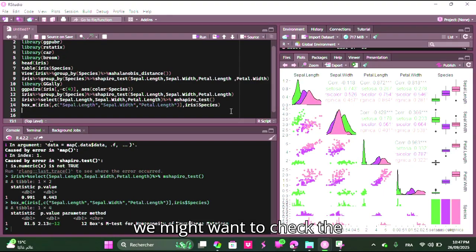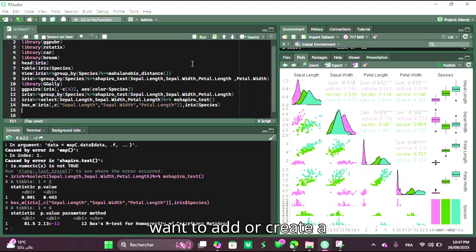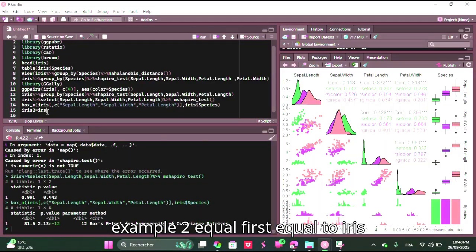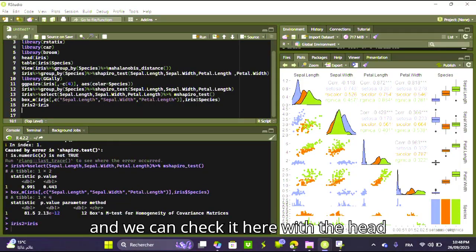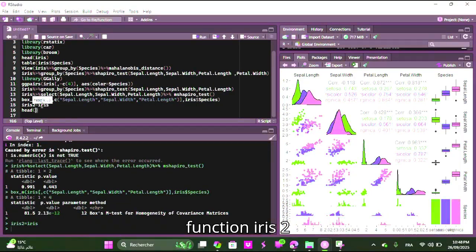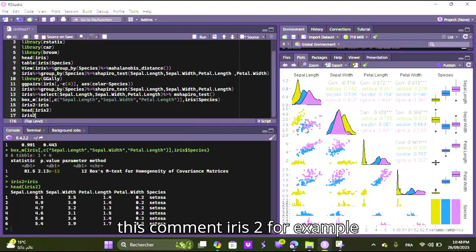So we might want to check the last assumption, which refers to the homogeneity of variance, using Levene's test. First I want to create a new data set, for example iris2, equal to the iris data frame. And we can check it here with the head function, iris2, the same as iris. And write this command, iris2, for example,